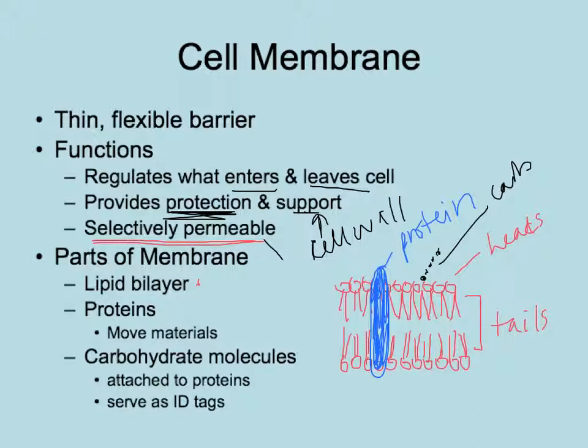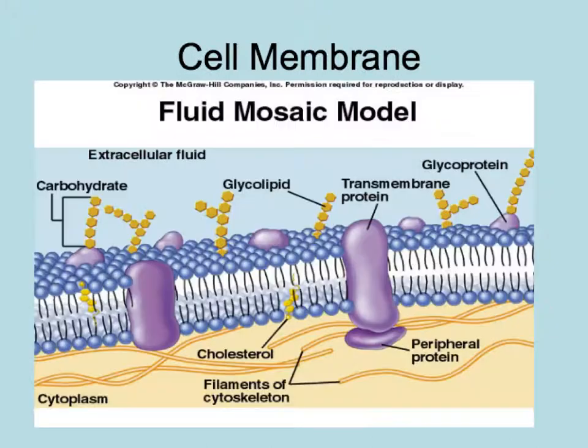Now, if we want to look at a better picture than my little drawing, this would be a better picture than my drawing, but you still get the point. What we're going to have is you have the heads up top up here. You have the carbohydrate ID molecules, which are in the yellow. Then you have these proteins that go across the whole cell membrane. So this would be the inside of the cell, and this would be the outside of the cell. Extracellular means outside of the cell, and then the cytoplasm is on the inside of the cell. So things are going to pass back and forth through this cell membrane, and that's what this whole unit is